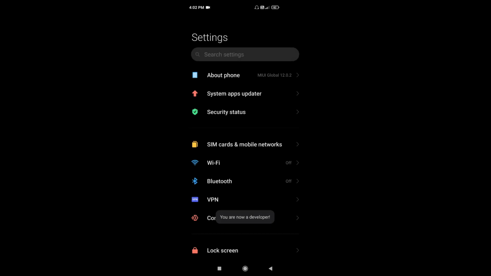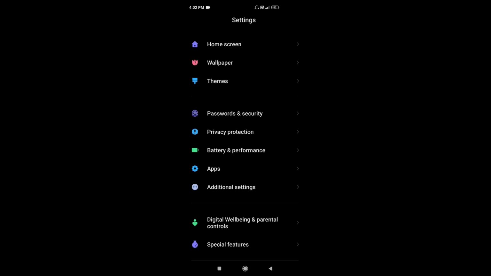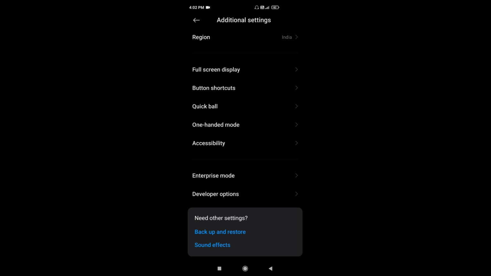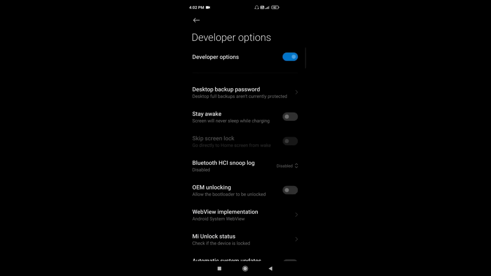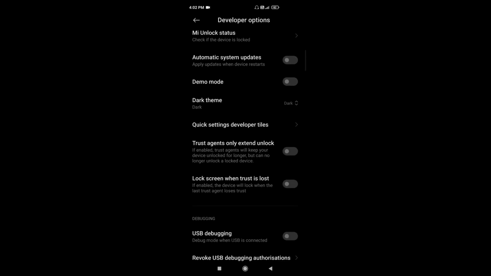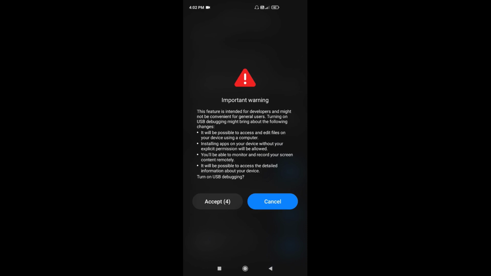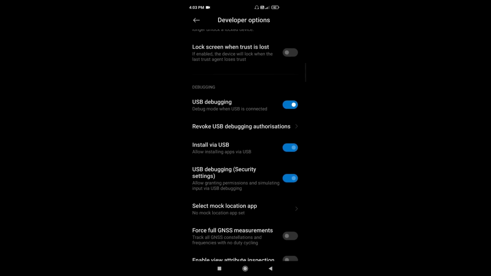So now go to additional settings. Okay, now down to here, developer options. See, it is on. Now come down here to USB debugging and turn this on, and it will show you a warning. You just have to accept this, and then after this make sure you have an active internet connection,